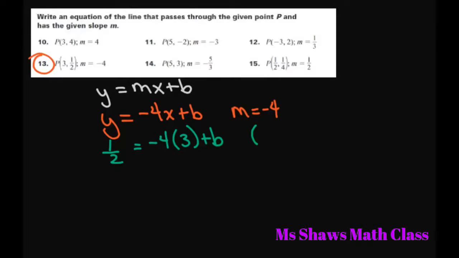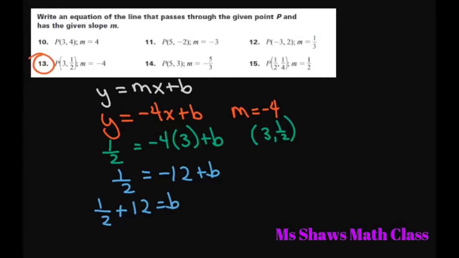And that's because our point was 3, 1/2. And then we simplify. So we get 1/2 equals negative 12 plus b. Add 12 to both sides. You get 1/2 plus 12